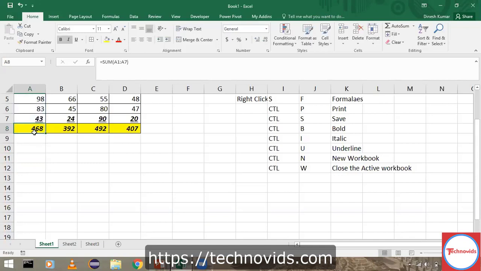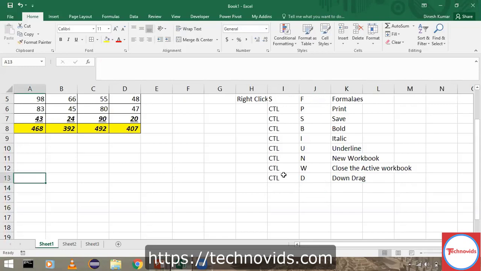Now I want to drag this formula. I can drag it to as many cells as I want, select that and say Control D. The formula and the formatting get dragged just like that. So that's one of the useful options there. I do a Control Z here and I write it here, Control D. Control D for down drag.